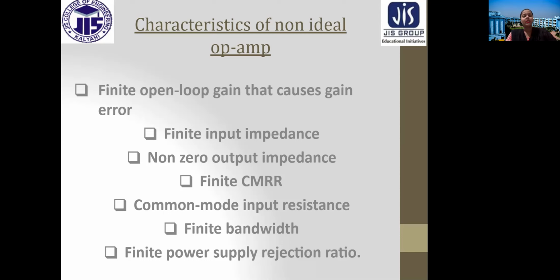So, in short, we can say in the case of an ideal op-amp, those characteristics are infinite. In the case of a practical op-amp, it does have a finite value, right? Similarly, in the case of an ideal op-amp, if some output characteristics are defined as 0, in the case of a practical op-amp, it will be a value but a lower one. So this is the basic difference between an ideal one and the practical one.